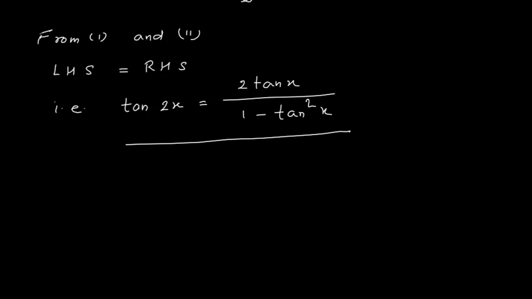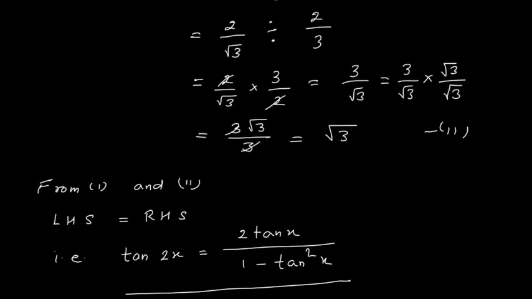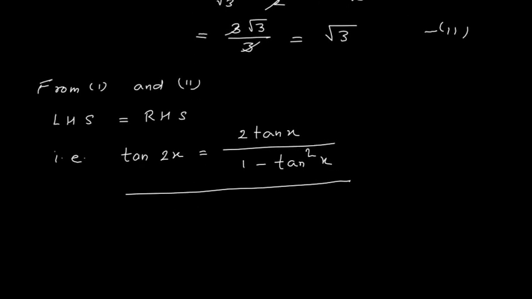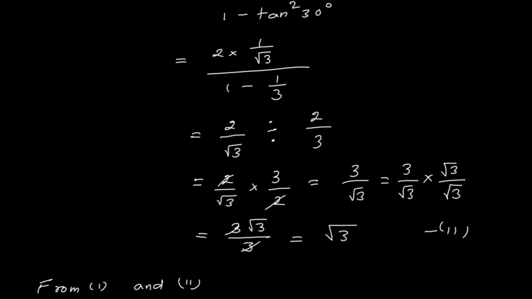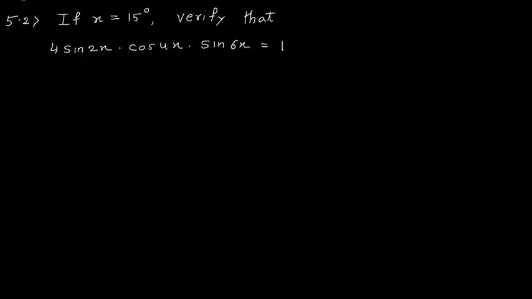Okay, there definitely you have to learn all these values. So as we are proceeding, if possible learn them, right? First you have to learn the values for different standard angles, then whatever we are proving, they are nothing but identities, you can learn them. So tan 2x is 2 tan x upon 1 minus tan square x. This is true for each and every angle. Now let us move to the next question.